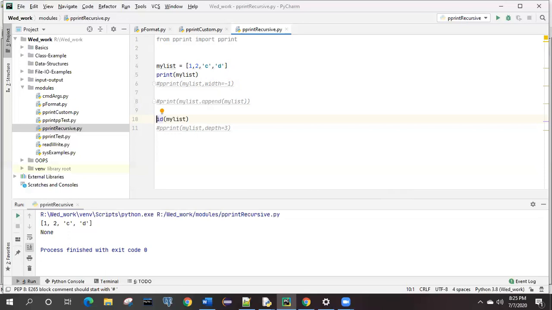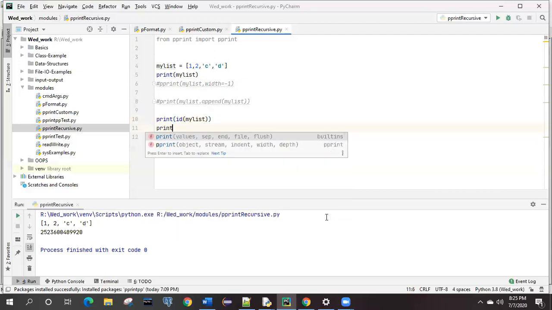If any object is created, by default there will be some id for it, right? Yeah. So that id is going to be printed. This is the id location where this is created. This is the id, it is not the memory location. Got it? Gotcha.